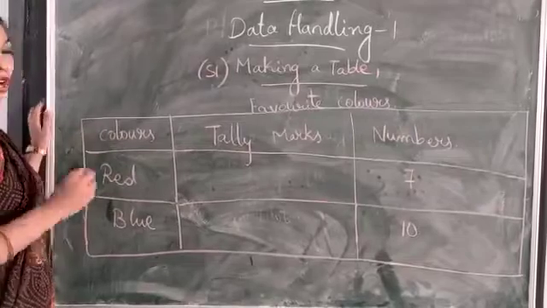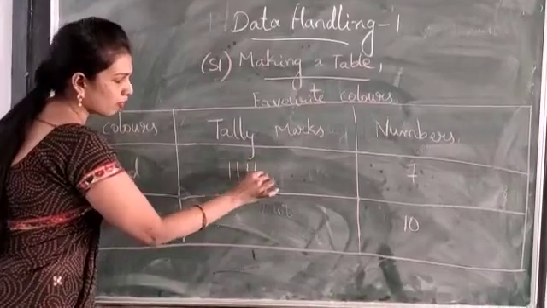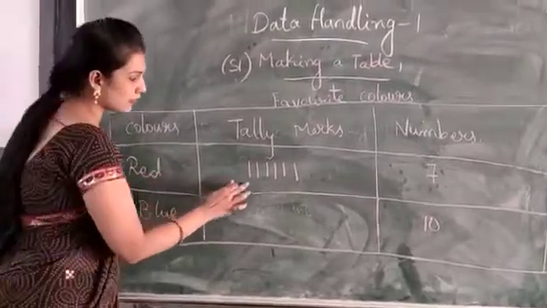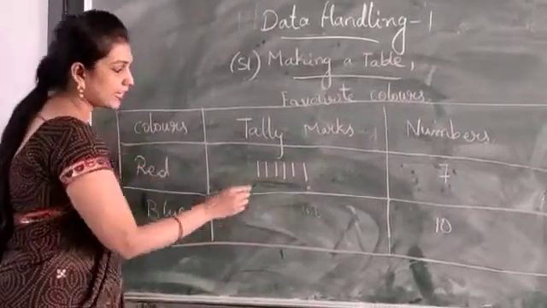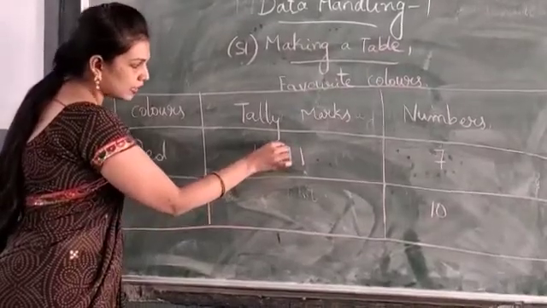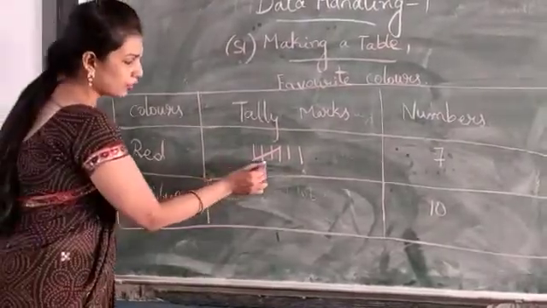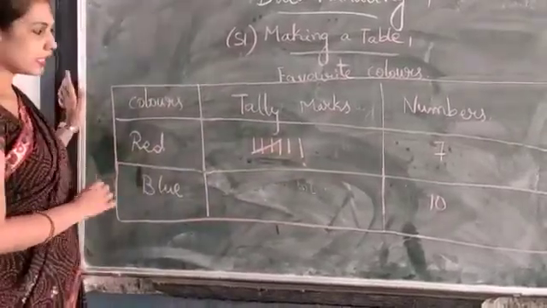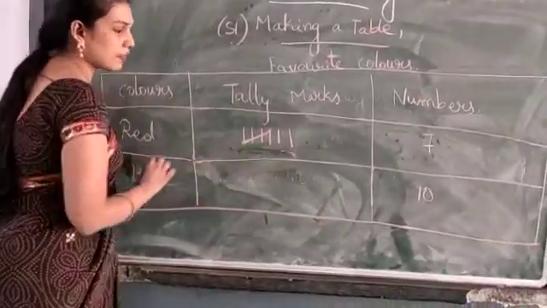Now I am going to show how to mark the tally marks. Here 1, 2, 3, 4, 5, 6. First we have to make 6 standing lines, because we have 7. Then 1, 2, 3, 4, with the slanting line we cut these 4. Okay, children? So, 1, 2, 3, 4 and this will be 5, 6 and 7. What we are cutting here is the tally mark. How many are left here? We have 2 left.